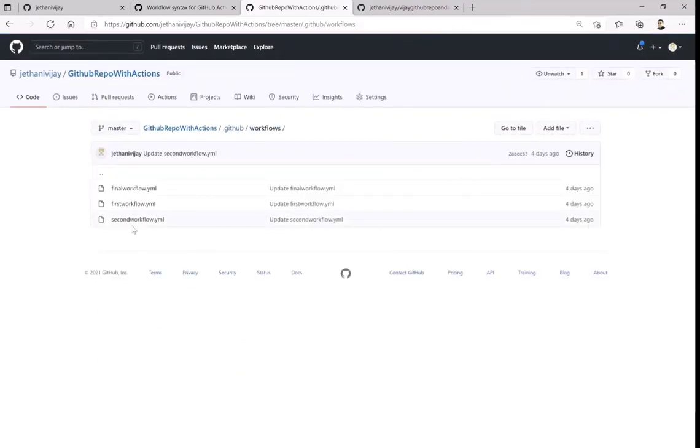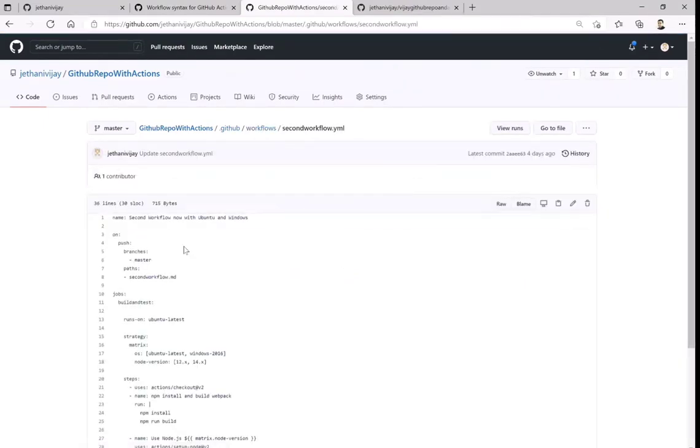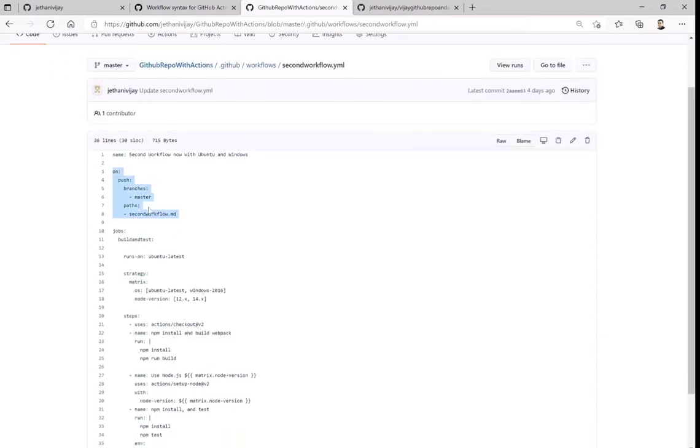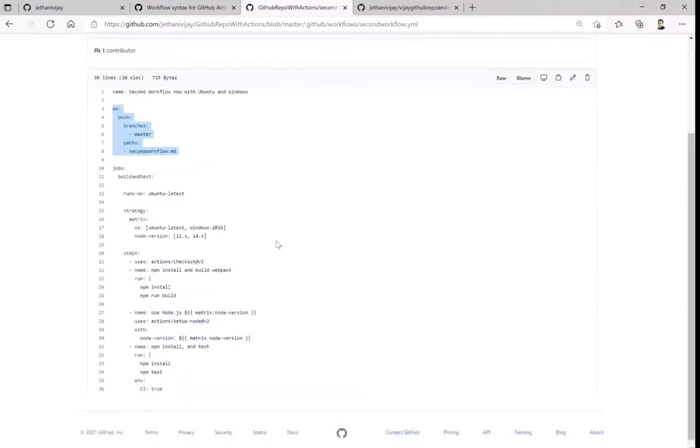So let me show you the second workflow, how that is different from our first workflow. This is just a way to show you the different ways to write these workflows. Again the condition remains the same. I am just writing it from master, but here I want to introduce something on the operating system as well.